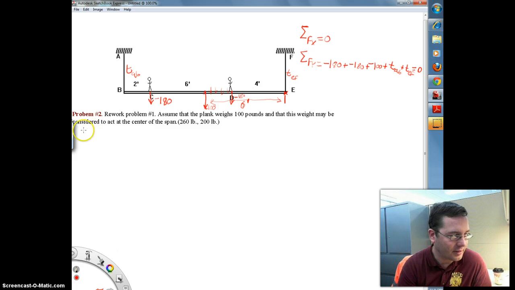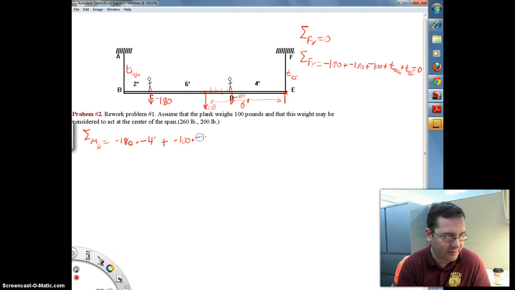And again, this is a bit lengthier statement, so I'll come down where we've got a little bit more room. The sum of the moments, and in this case it's going to be about point E, equals, well, the painter has a weight of 180. Remember, it's a negative number because the force is in the negative y direction, times a displacement of negative 4 feet because he or she is 4 feet left of the fulcrum, plus the weight of the beam, that has a weight of negative 100,